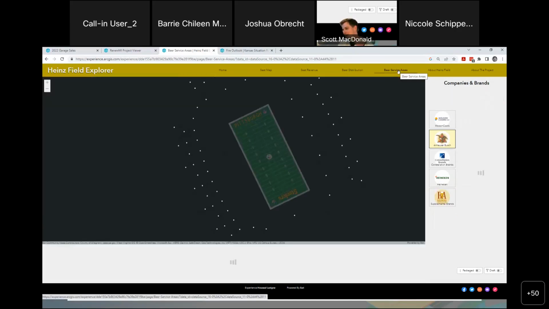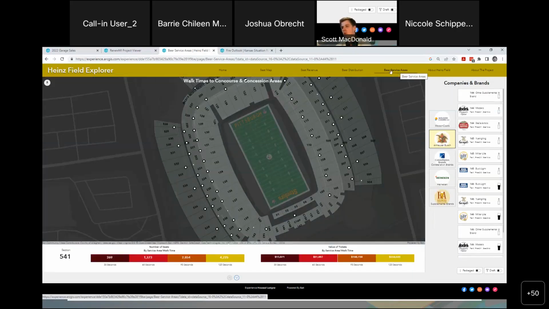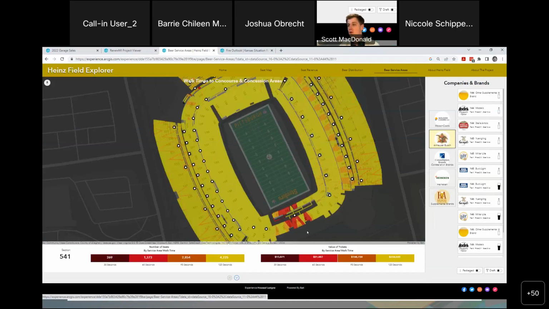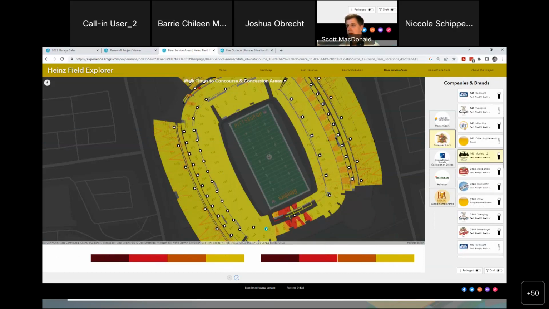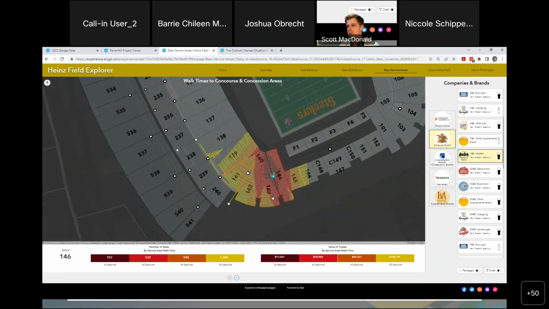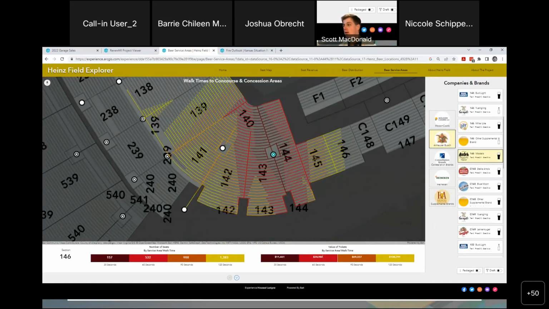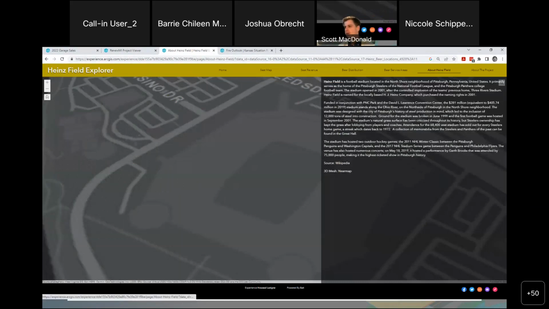You can also view that same information rather than viewing it just by revenue. You can actually view where each beer service area is. I can click on specific areas and have that displayed. And this is automatically filtering more information in this experience about the value of beer sales and information about how long it takes me to walk from my seat all the way over to that nearest concession stand and buy an $11 bottle of beer. It also has information about the field,